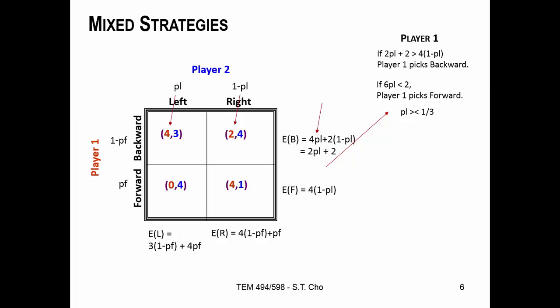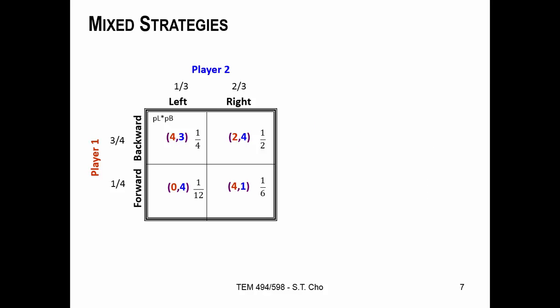And so as you can see, that's where we come up with the calculation. The same thing goes for player 2. It comes out to be a third, 2/3, a quarter, and 3/4. Based on that, we can figure out the probability of every event. The probability of player 2 going left and player 1 choosing to go backwards is those probabilities multiplied together. If you add up all 4 probabilities in the boxes, they come out to 1. So 1/3 times 3/4 gives a 1 in 4 chance